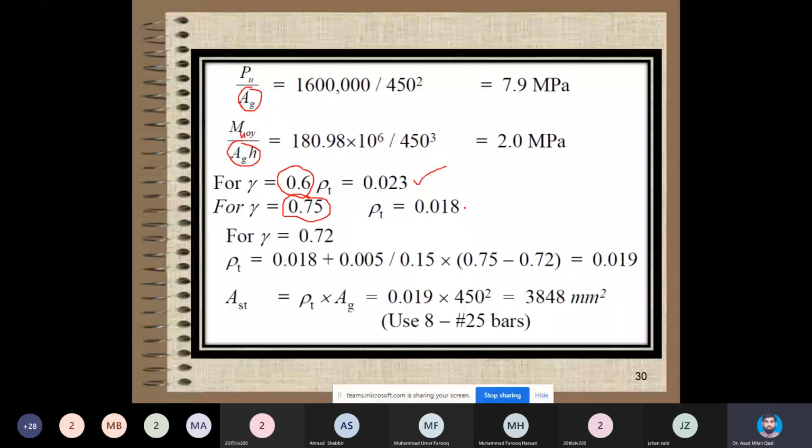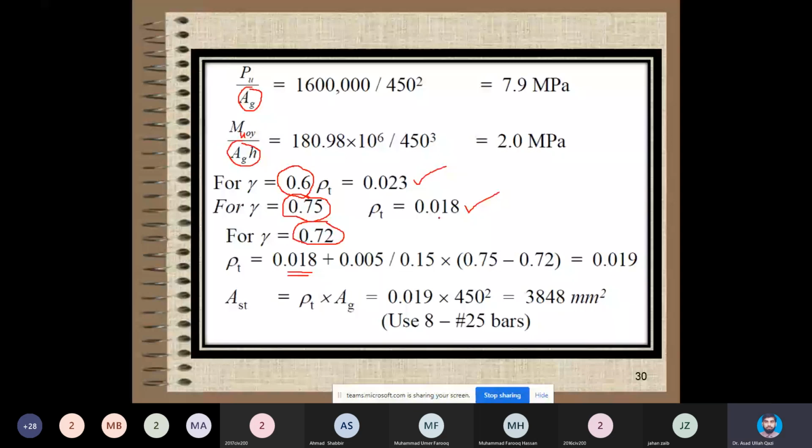Now the option is either I select 2.3% and finalize my sketch, but that will be too conservative, uneconomical. If I select 1.8%, it will be unsafe because my gamma actually is 0.72. So here they have preferred linear interpolation. So selecting gamma 0.75